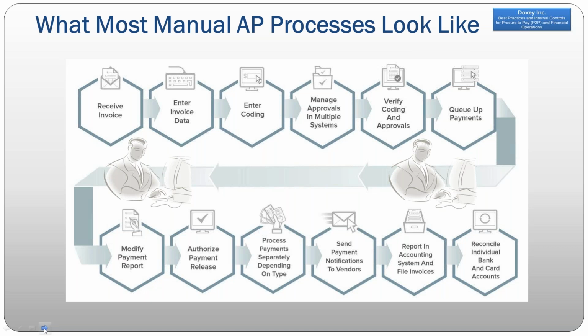Verify code and approvals, make sure everything is approved properly according to signature authorities, queue up the payment, set up a payment run as we talked about earlier, modify a payment report if necessary, authorize the payment release, process